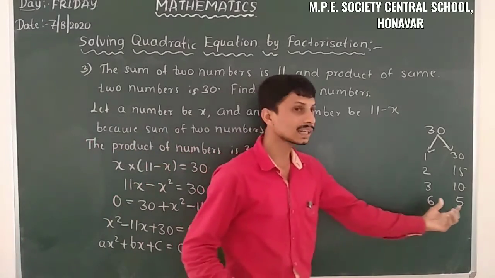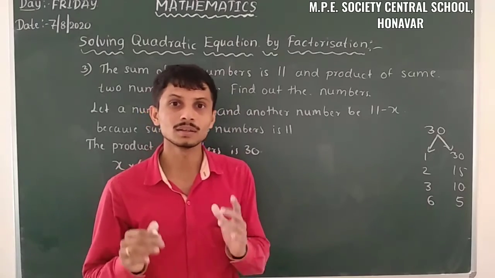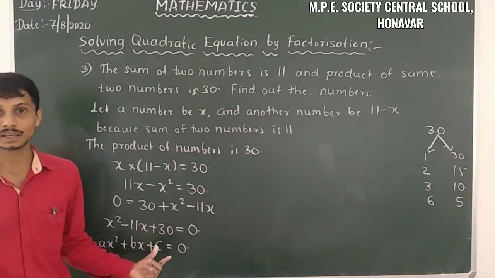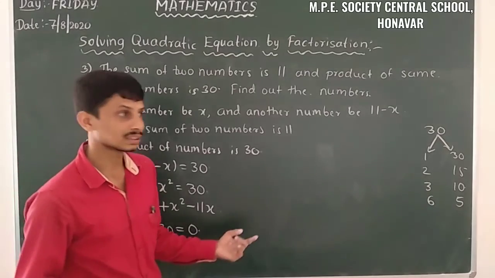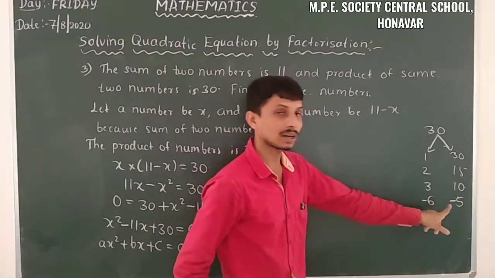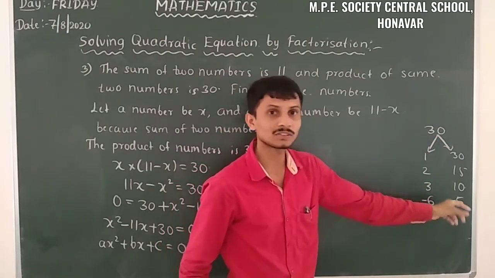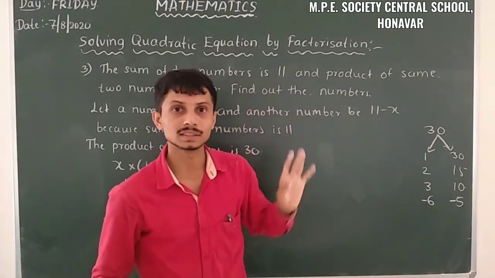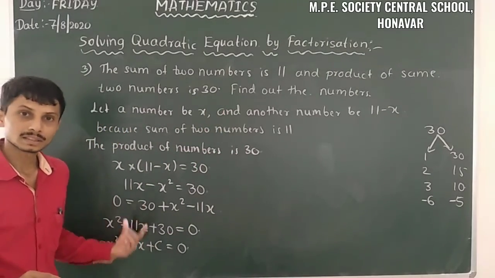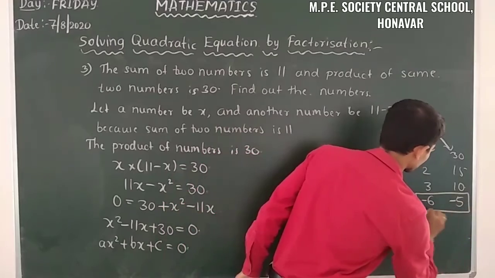So that means there is no possibility of getting 11. When we are taking 6 and 5, when we are adding 6 and 5, we got 11. So just after here there is a minus 11. So that means we have to insert minus to both. So when we are multiplying those two terms, whether it is 30 or not, minus 6 into minus 5, minus into minus plus, is it right? So that means we have to split this middle term using these two factors.